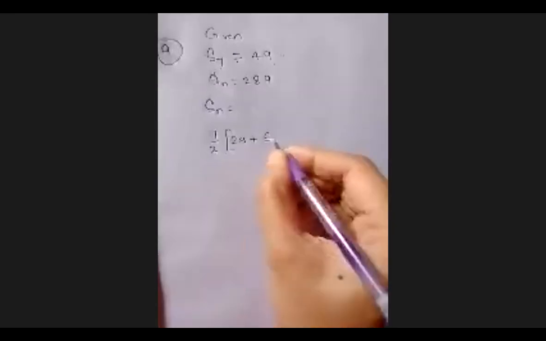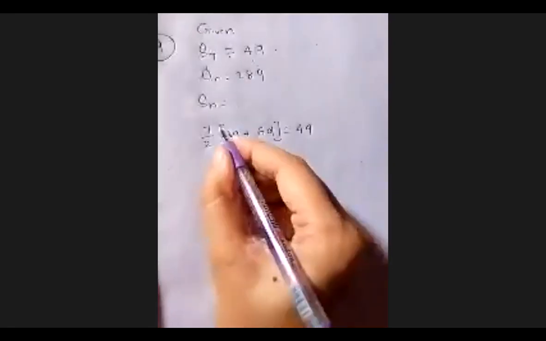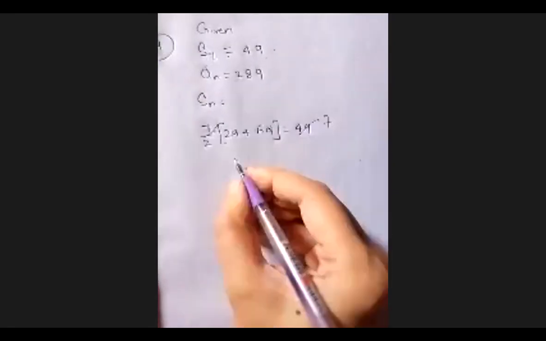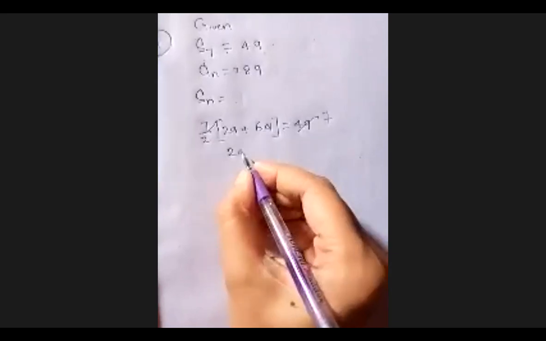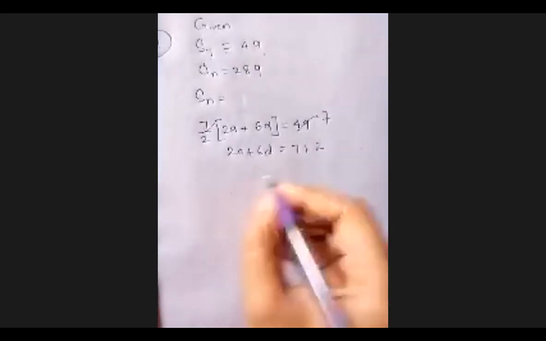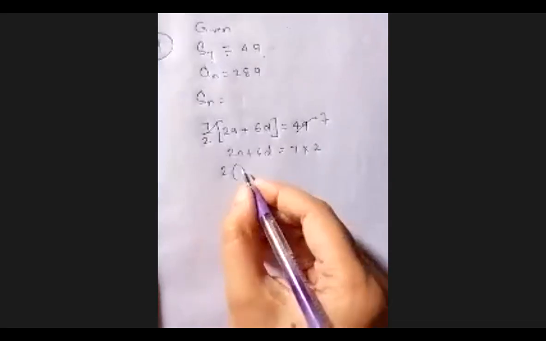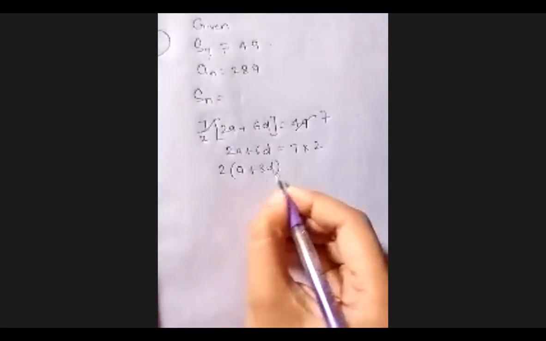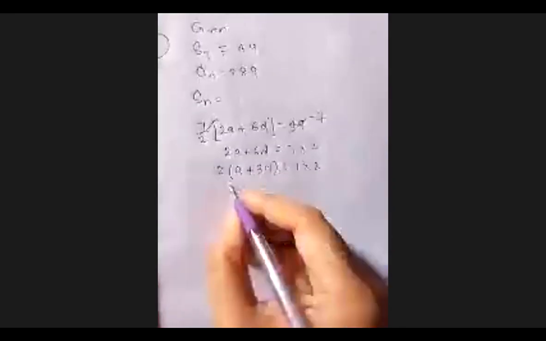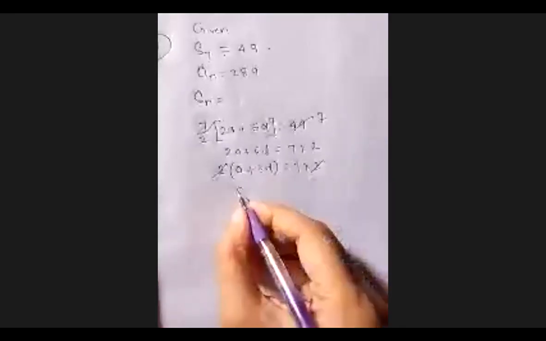So S7 means 7 upon 2, 2A plus 7 minus 1, 6D equals 49. 7 sevens are 49, 2A plus 6D equals 7 into 2. 2 is common here, so you can take this 7 into 2. This 2 cancelled. A plus